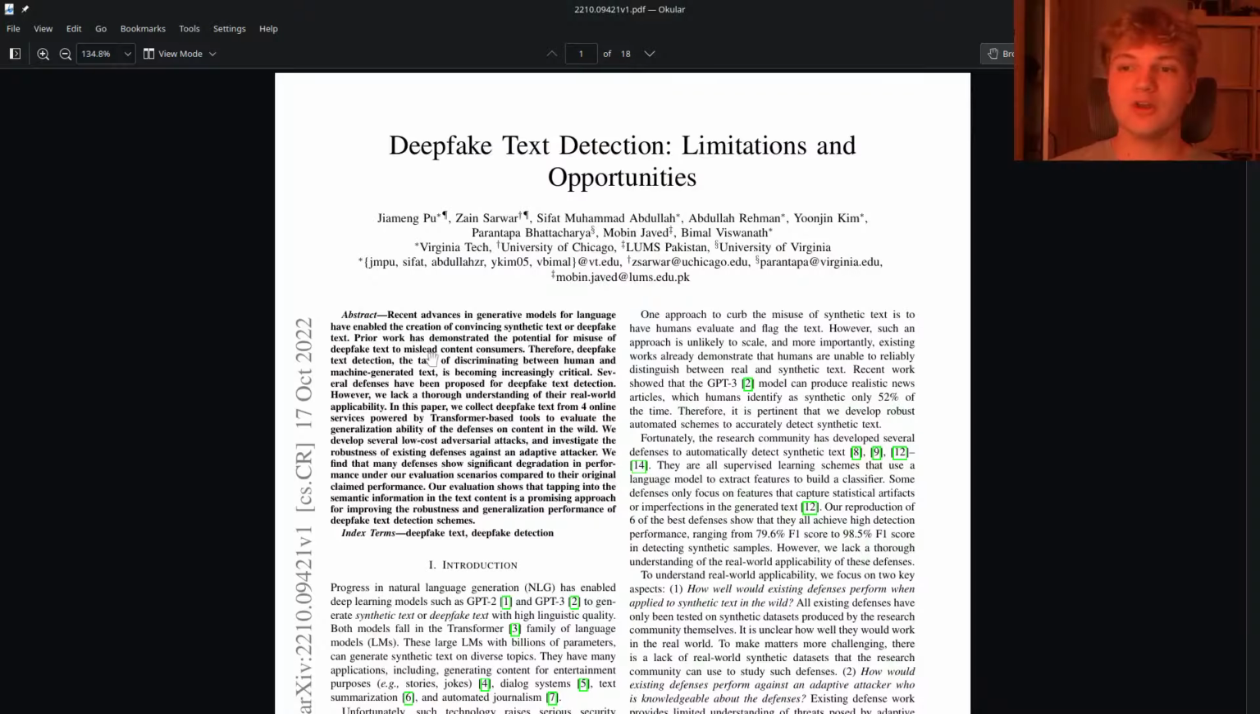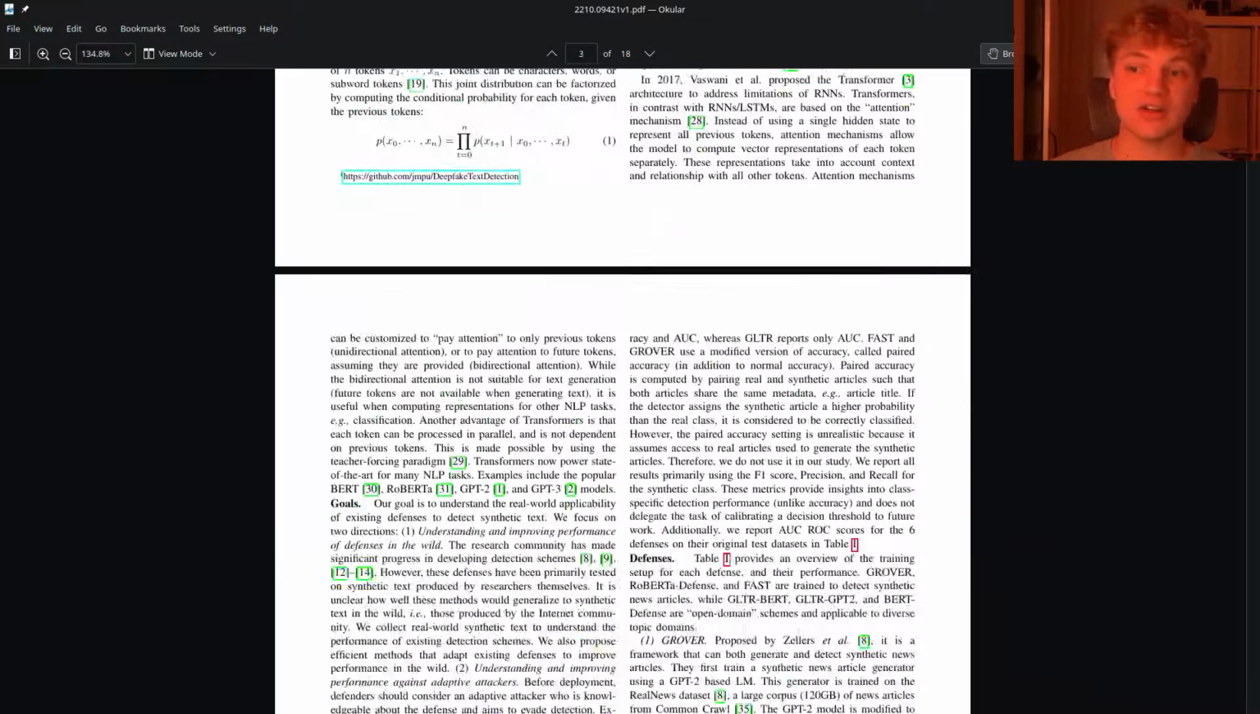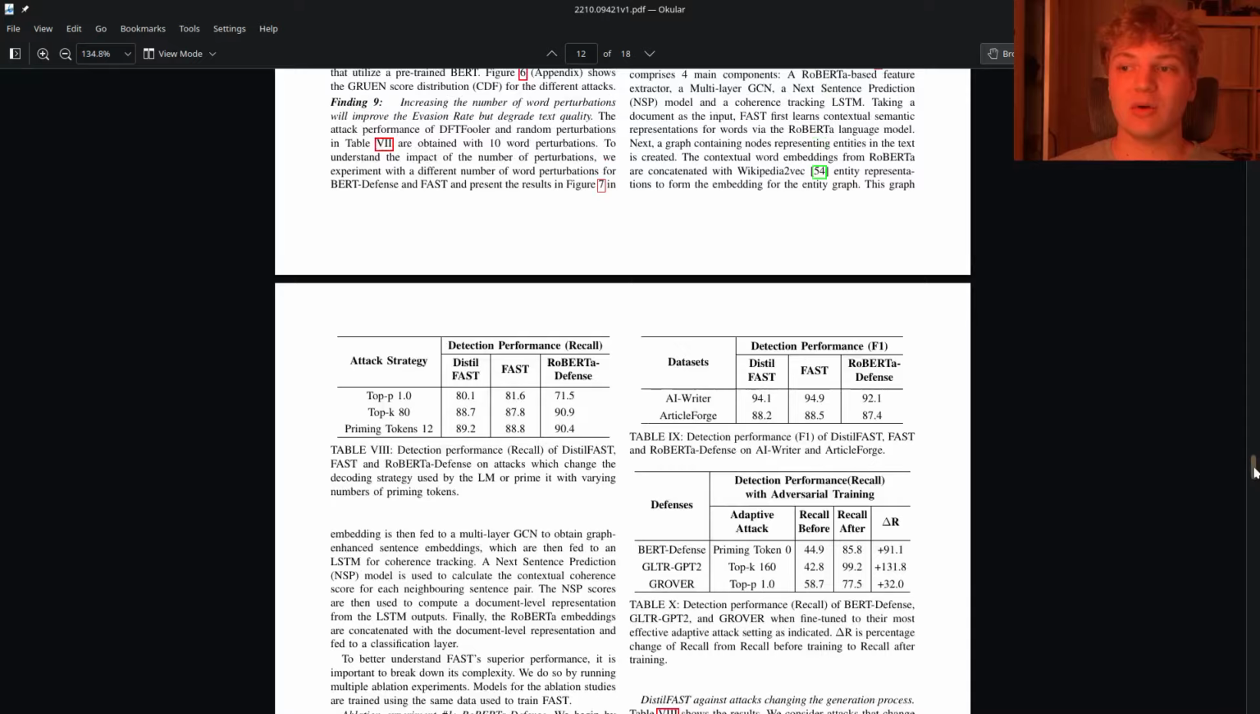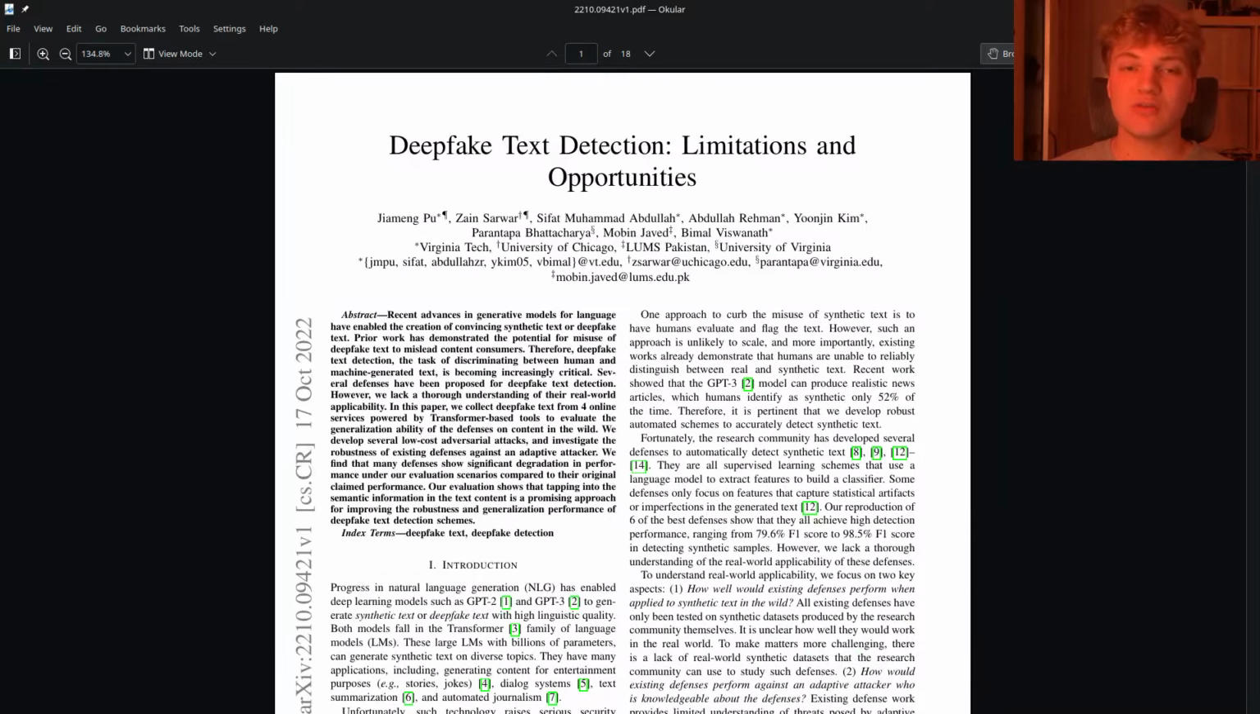Let's get into it. Okay, so here's the paper in question. It's titled Deepfake Text Detection: Limitations and Opportunities. It's quite lengthy and it's very detailed. There are lots of tables, lots of graphs, but we're going to go through and break down the very most important things so you guys can get a higher level understanding of how they're actually detecting AI use